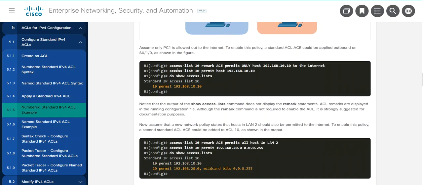So the commands that they've used are access list 10, because that's in between the 1 and 99. They used a remark statement: ACE permits only host 192.168.10.10 to the internet. Okay, that was just the remark statement. So here's your actual command. Access list 10, permit host